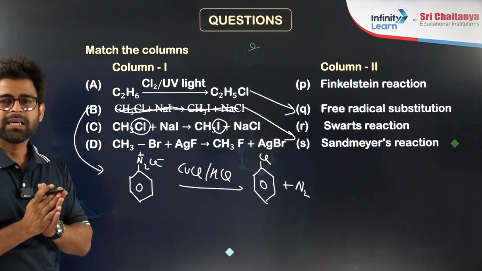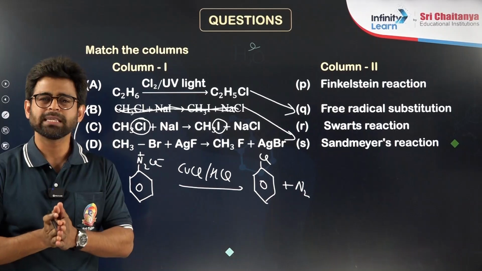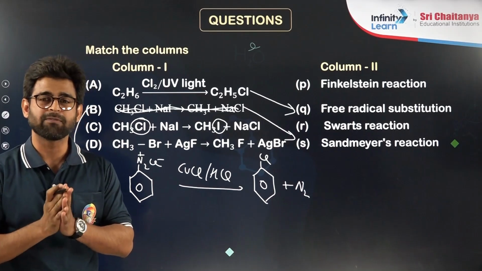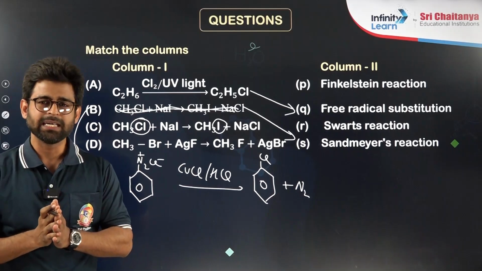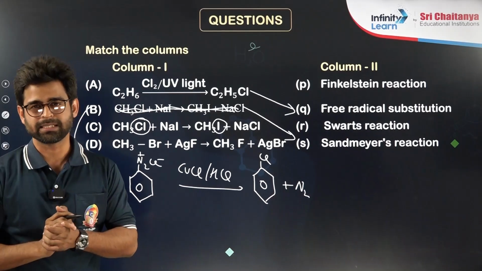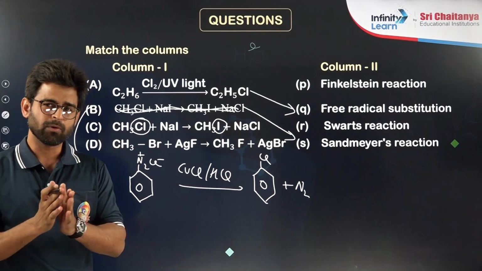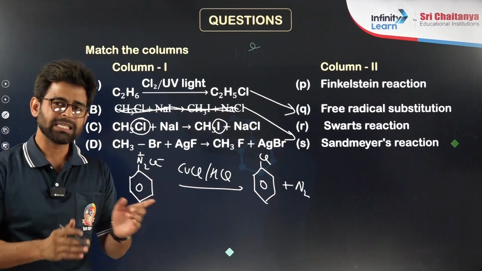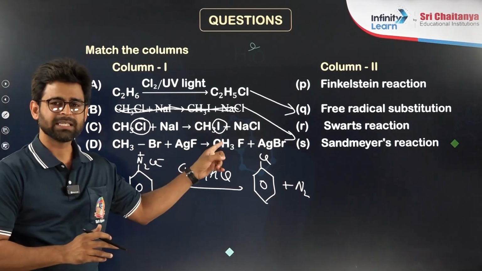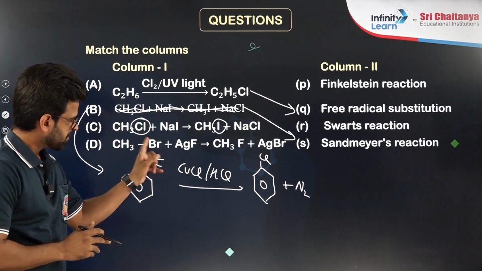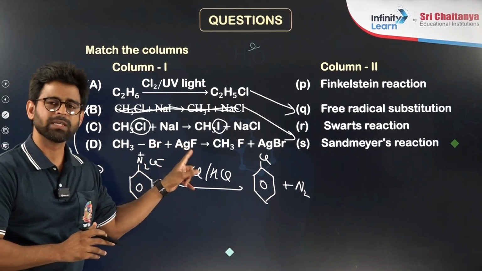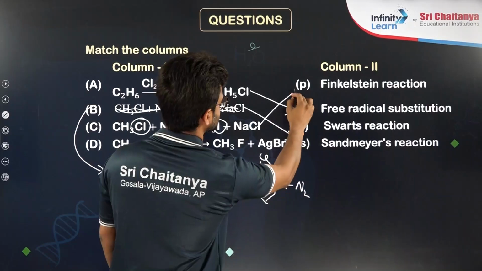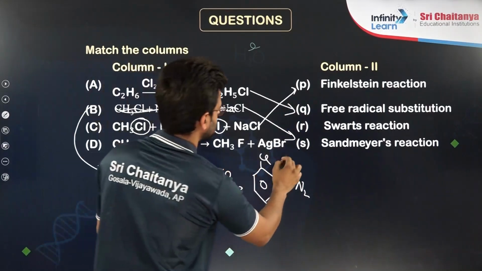Remember one thing, to prepare chloroalkanes or bromoalkanes, it is easy. But to prepare iodoalkanes and fluoroalkanes, it is a little tough. That's why we use halogen exchange reactions. So Finkelstein and Swarts are both halogen exchange reactions in which we replace other halogen by iodine if I am talking about the Finkelstein reaction, and if I replace chlorine or bromine here by fluorine, this is known as Swarts reaction. So for the third option we will go for Finkelstein, and for the D we will go for Swarts